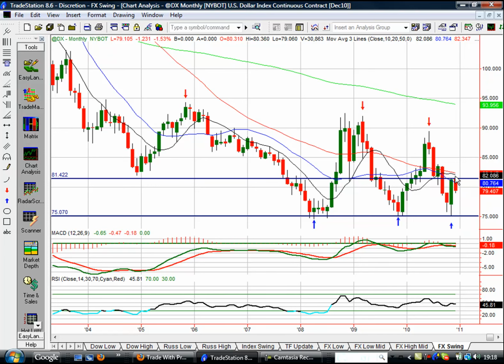Now, what I would like to see is a break up through there, but as it stands right now, it's still looking very indecisive. That move up through that level around about 81.40 will make me switch to bullish again. However, at the moment it's indecisive because there's such a lack of a trend. The candlesticks are now not looking so strong with that down week last week. And equally, we don't have any clear sequence of higher highs and higher lows for an uptrend or lower highs and lower lows for a downtrend.